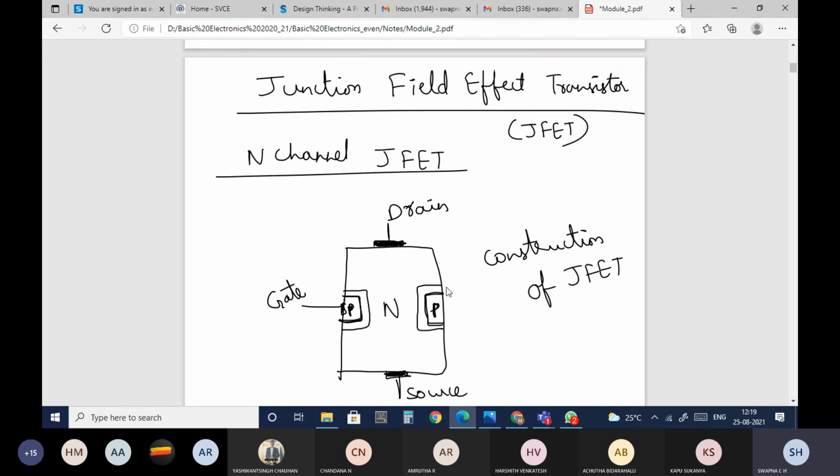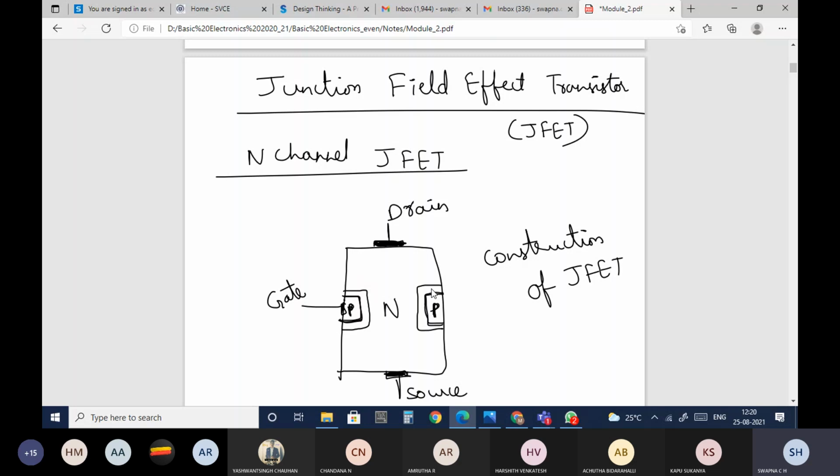It is having the N type, since it is N channel JFET. I am taking the N channel, N substrate. We can also call it the N substrate. On both the sides of the N substrate, we are embedding P type material. Since P and N are brought together, there will be the depletion region formed.